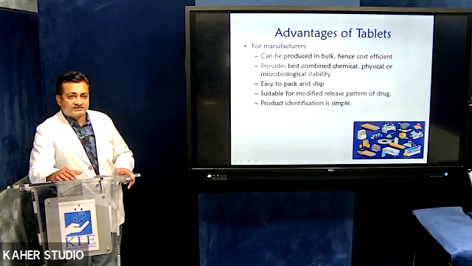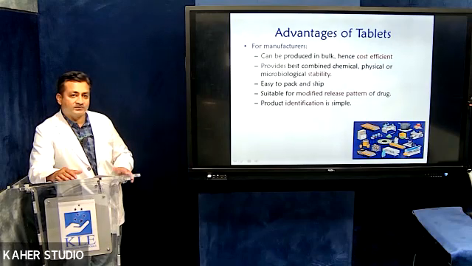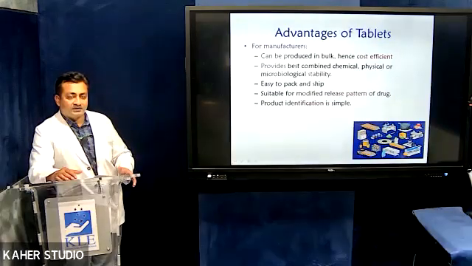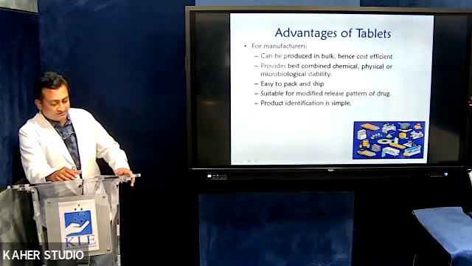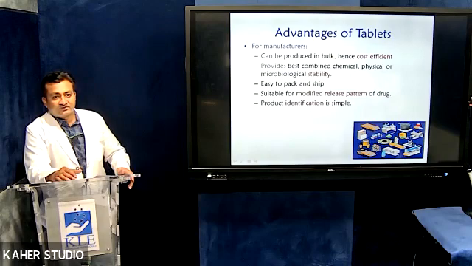It provides the best combined chemical and physical or microbial stability. We have a large amount of excipients, and the physical or microbial stability of the tablet is more as compared to other dosage forms. If you take capsules or any liquid dosage form or any different dosage form, the tablet has more stability as compared to other dosage forms. It is easy to pack and ship, and suitable for modified release pattern of the drug, and product